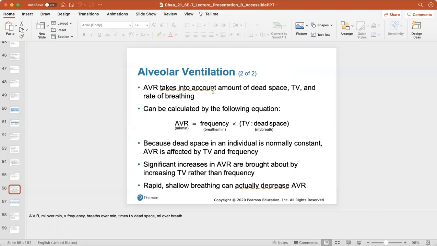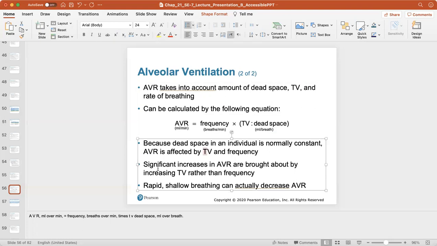Alveolar ventilation then takes into account the amount of dead space, tidal volume, and the rate of breathing. It can be calculated as follows. And again, I normally will not show or give you a lot of formula type questions. Because dead space in an individual is normally constant, alveolar ventilation is affected by tidal volume and